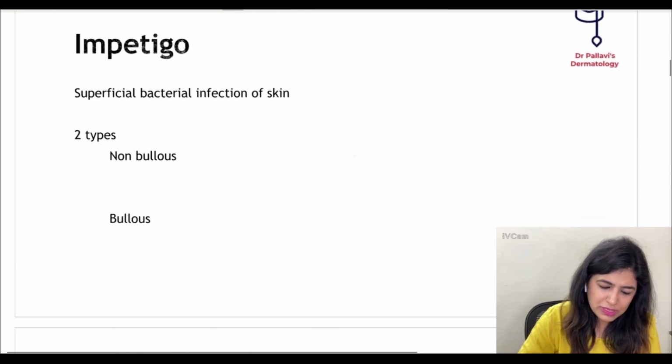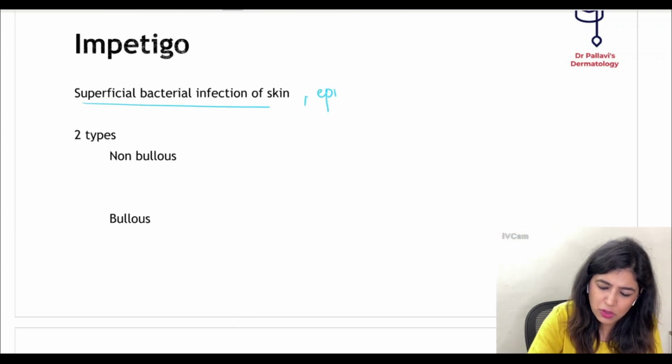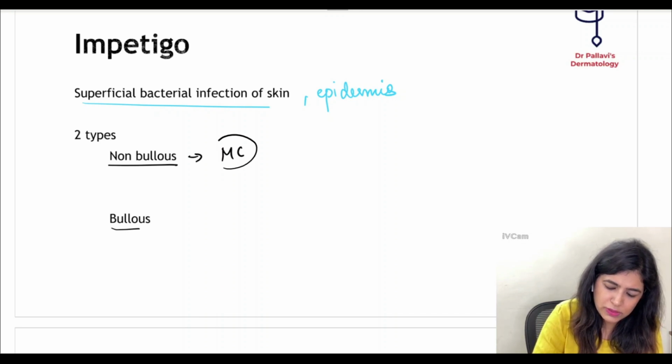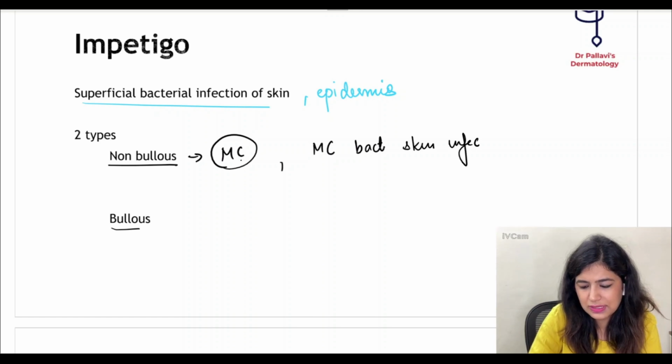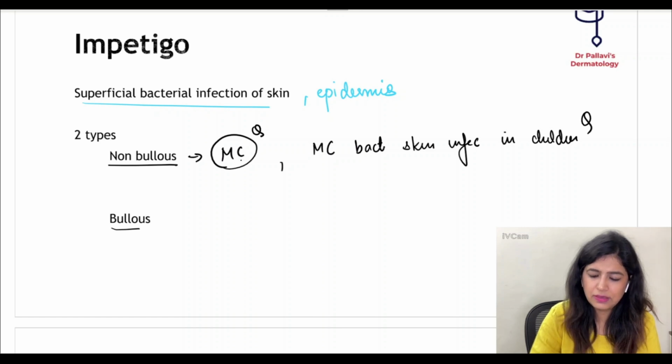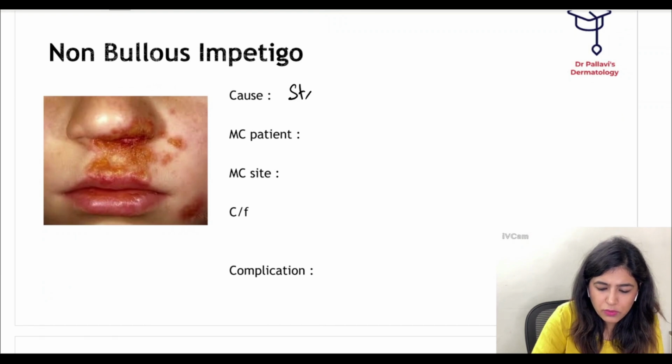A few details about impetigo. This is a superficial bacterial infection of the skin because it involves only the epidermis. It is of two types, non-bullous and bullous. Non-bullous is the most common type of impetigo. It is also the most common bacterial skin infection seen in children. Clear? These 2 points. Talking about non-bullous impetigo, it is caused mostly by